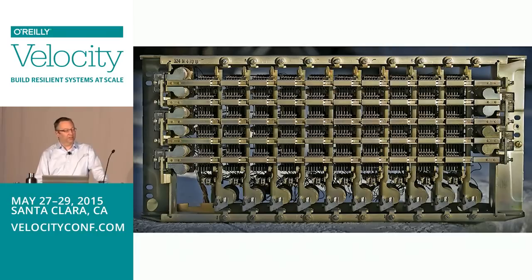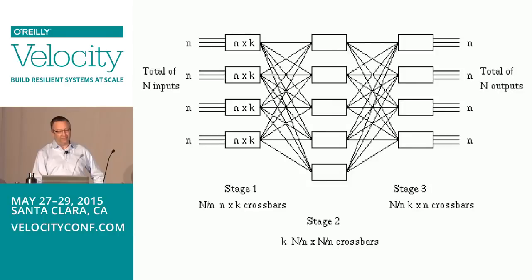This device is called a crossbar switch. You can see that there are 10 screws across the top and then 10 more across the bottom where you can connect wires. And so there are 100 possible ways to connect the top to the bottom. The machinery in the middle can arrange itself so that you can simultaneously make any 6 of those 100 possible connections. Crossbar switches like these can then be ganged together into something called a Clos network. And with Clos networks combining large numbers of 20 by 20 crossbar switches, you can build a worldwide telecommunication network